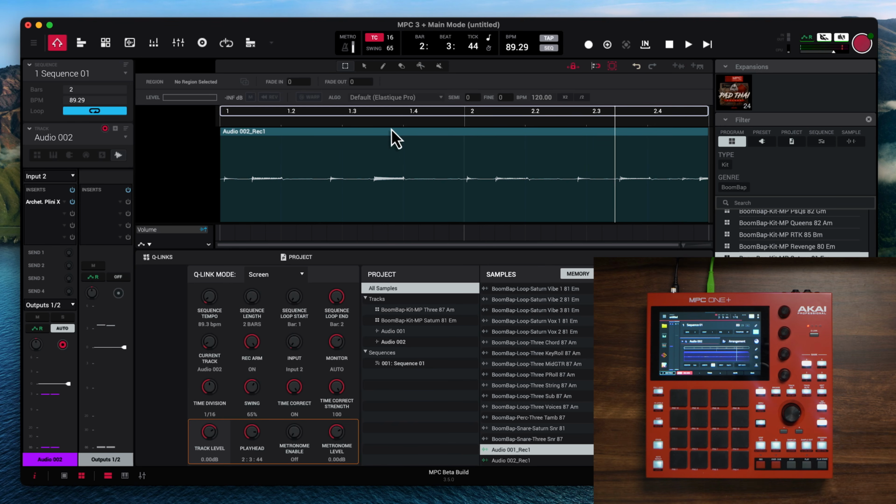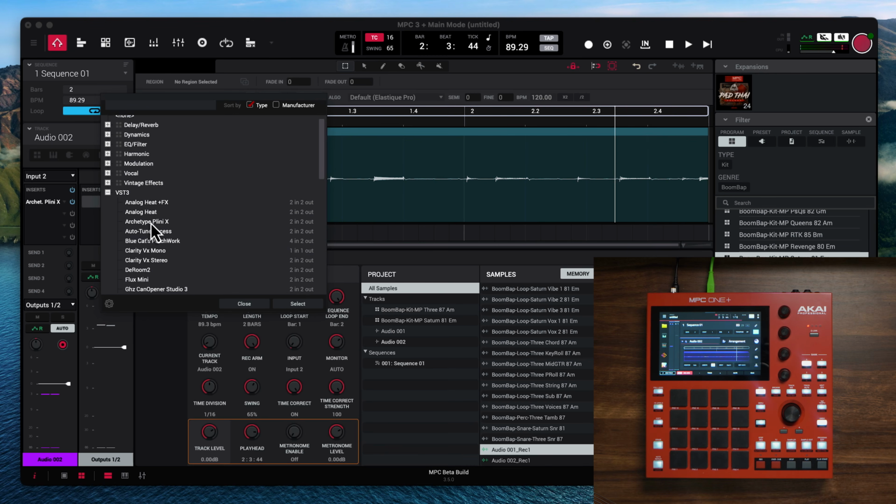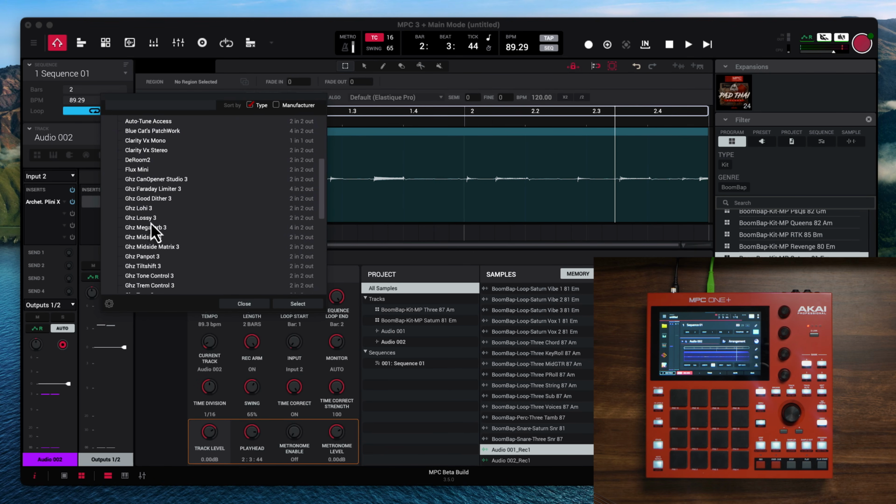Cool. So it's getting a little cluttered in the mid-range, and this is an area, if there's one thing I think is missing on the MPC, for me and my workflow, it's a super powerful EQ. It's absolutely crucial. I can hear in this mix, there's just a lot happening in the mid-range, and this is the advantage of the desktop software. I can add as a VST3 my probably all-time favorite plugin,